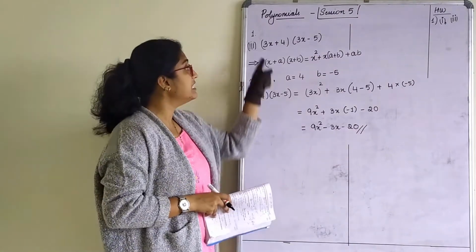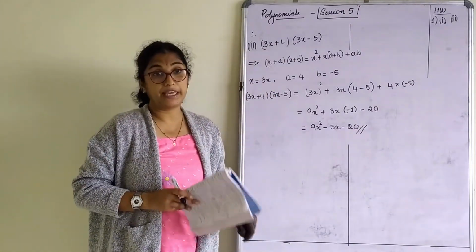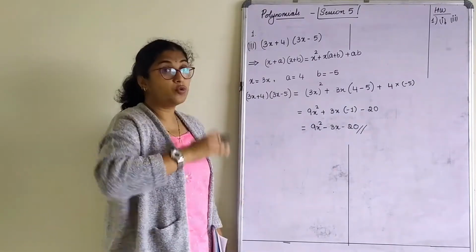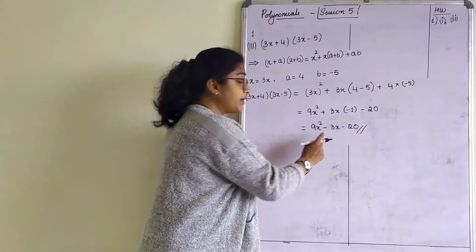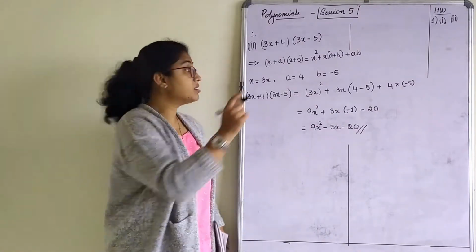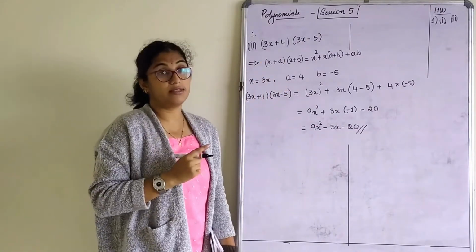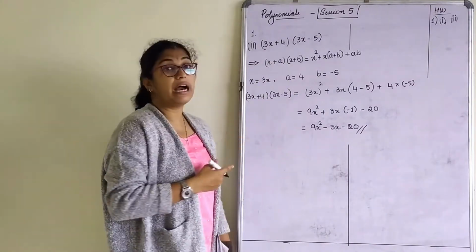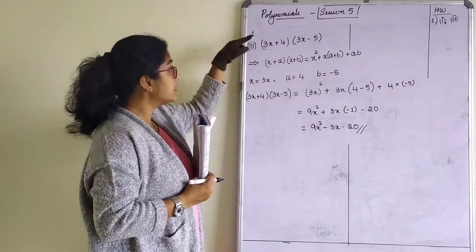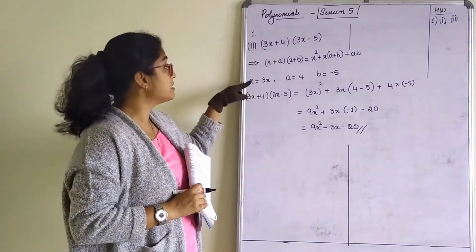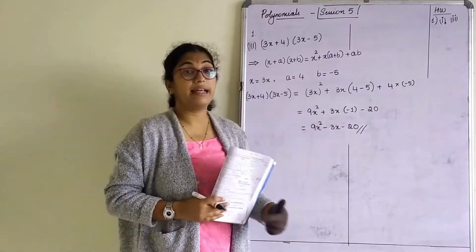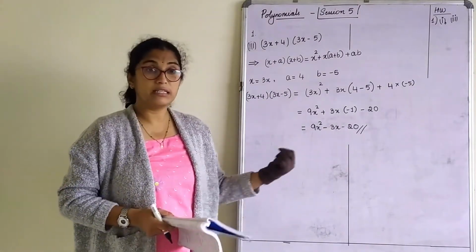Now see here, this is a binomial by binomial multiplication. You have also done this multiplication in 8th standard. But here, if you do it by binomial multiplication, even though you get the same answer, you will not get marks. Because the question is, use a suitable identity to solve this. So it has to be solved using the identity only. This is the way you have to solve the sum. First, identify which identity it belongs to. Identify what is x, what is a, what is b. Then substitute the given things. Yes? We'll start with the next one.